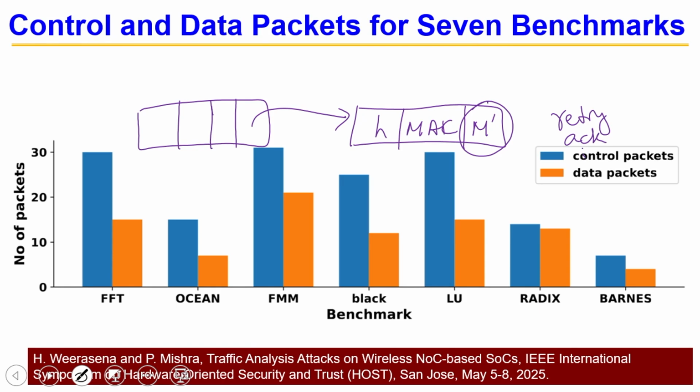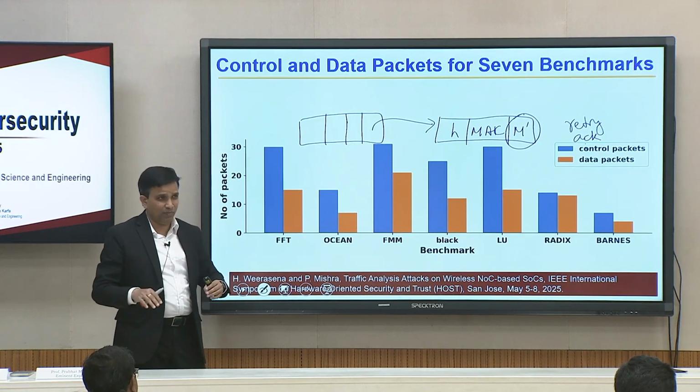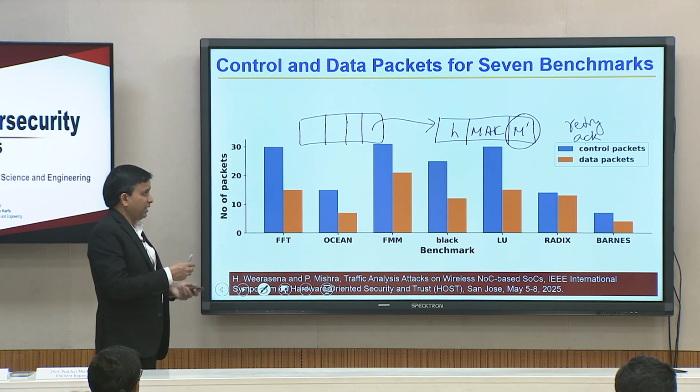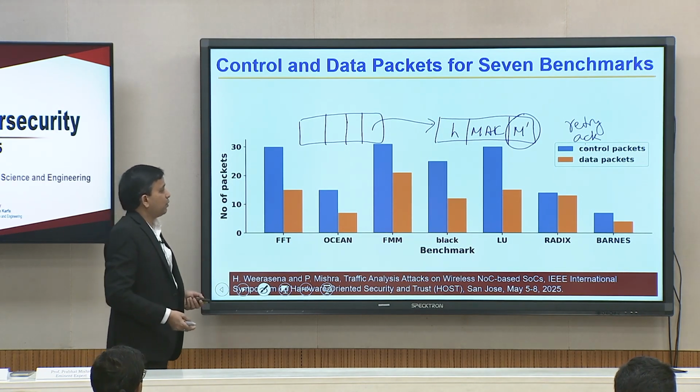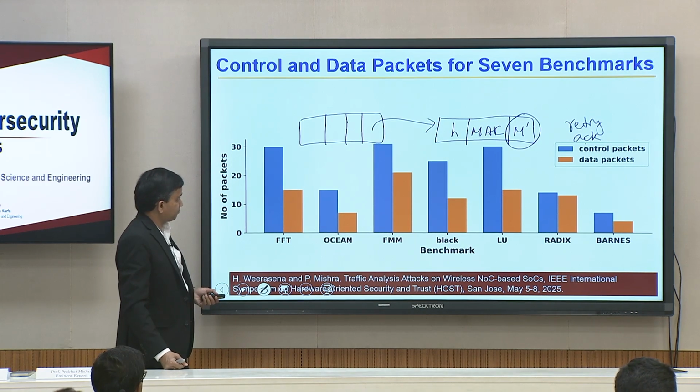Ideally control packets are smaller and data packets are larger, but for simplicity of implementation, most academicians make them the same size. Either way, if you look at different benchmarks, the amount of control packets and data packets is different. The closest analogy in programming would be data path and finite state machine, or the number of if statements or for statements versus regular assignment statements. Similarly, in terms of packets, there are typically more control packets than data packets.